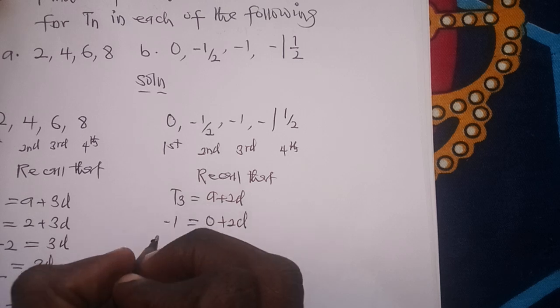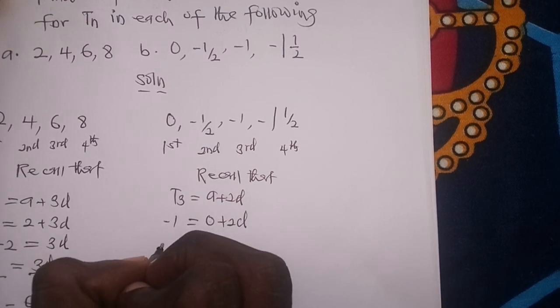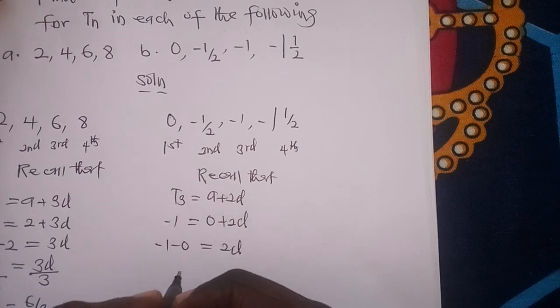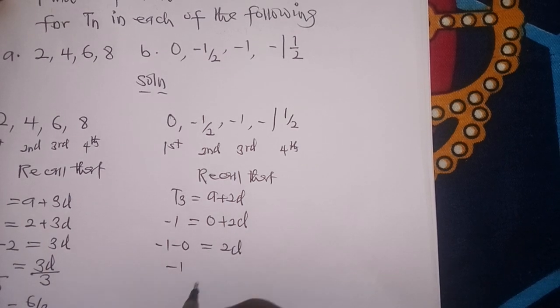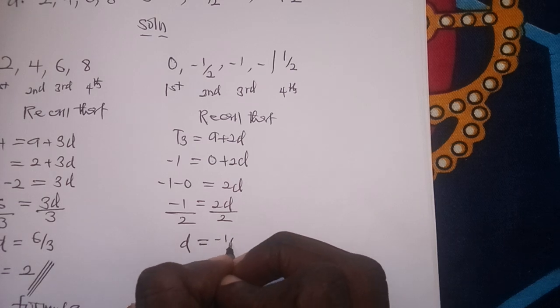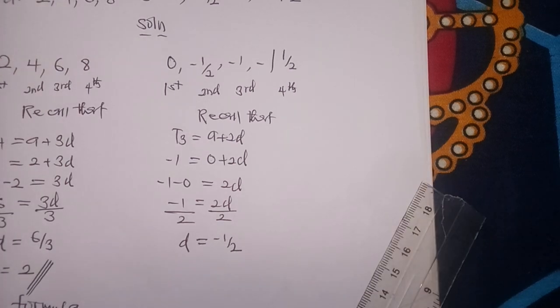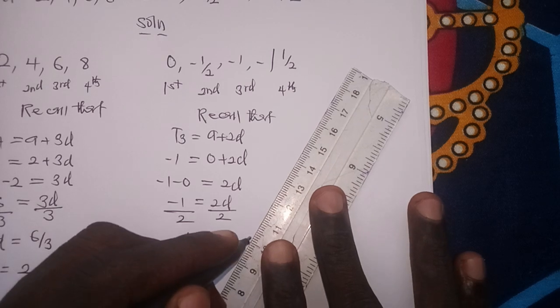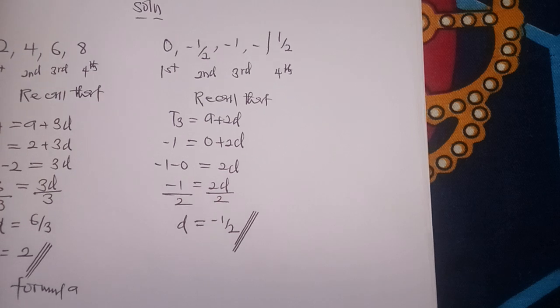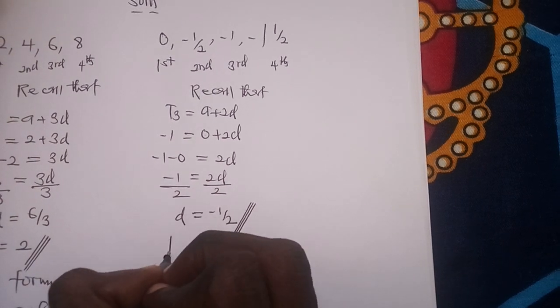If this is moving, that is just collection of like terms. You have now minus 1 minus 0, this becomes 2d. Then minus 1 minus 0 giving you minus 1 is equal to 2d. Then you divide both sides by 2, because you want to find d. Then d, that's the common difference, becomes minus 1 upon 2 respectively. But it is not the common difference that you have to find. The question says we have to find a formula. Then now the formula becomes